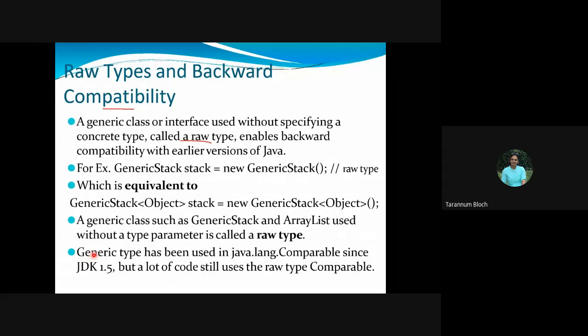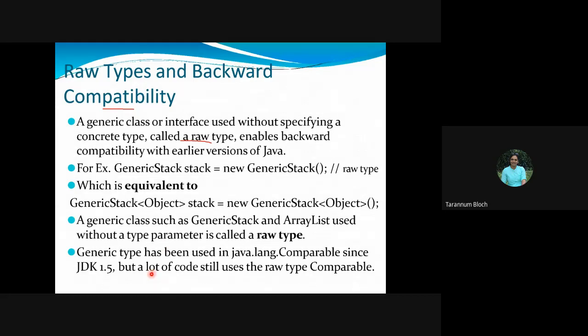So what we said is, generic type is available since JDK 1.5. But there is a lot of code which was written before the launch of JDK 1.5, where we do not have the concept of the angle brackets, less than and greater than, specifying the concrete type. That concept was not there. At that time we were doing something like this. And that's why even if with the generic type you are not specifying the concrete type, it's okay. It is accepted in order to support backward compatibility.